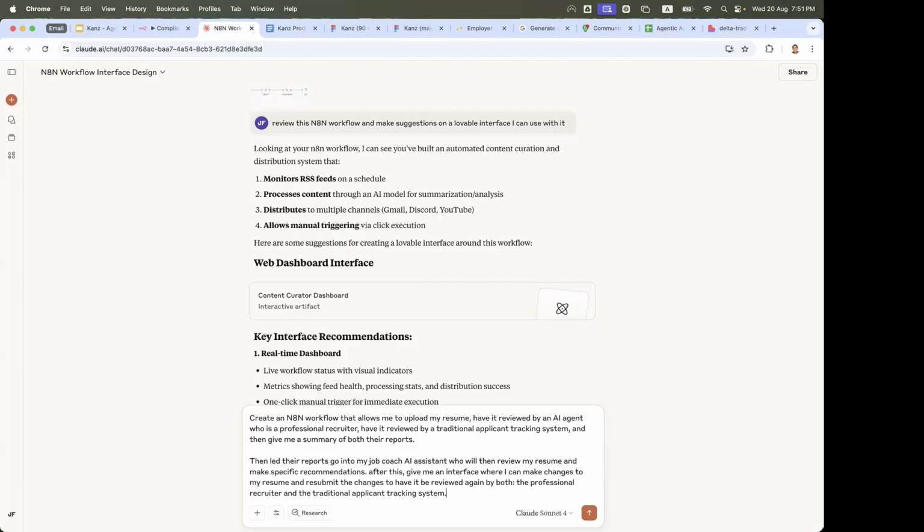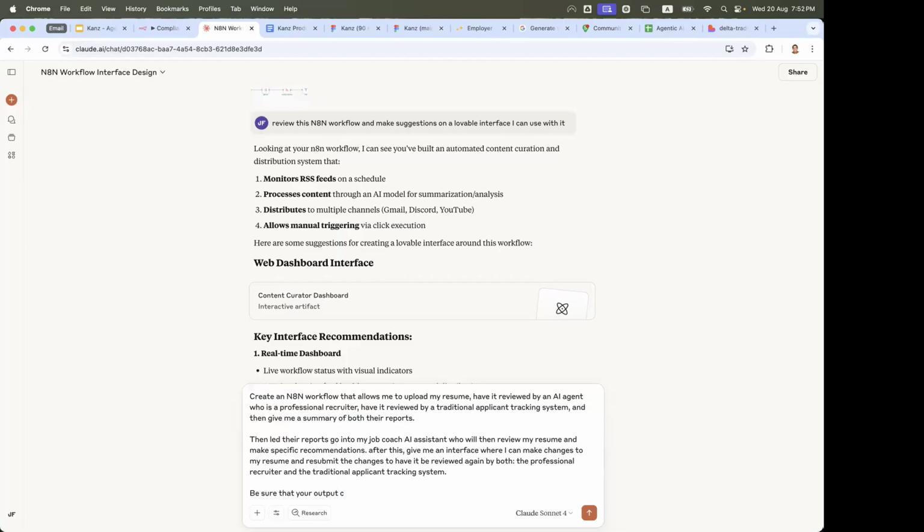Your output can be copy-pasted directly into N8N.